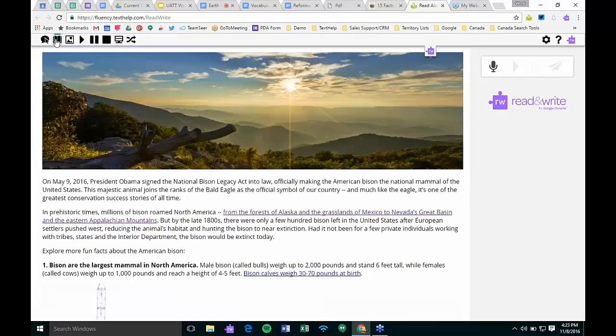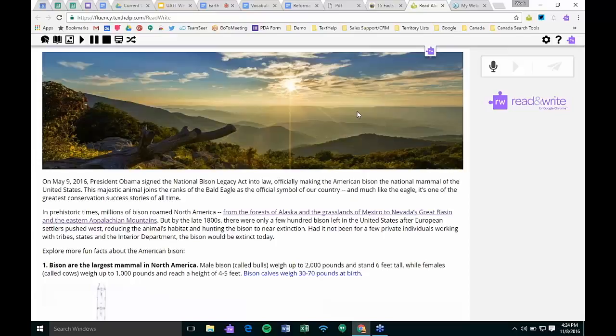And you'll notice here that we have a couple of the features available as well. We have the screen masking tool here. We also have the dictionaries and the text-to-speech. On May 9th, 2016. Now, we also have a tool that you may have heard of called Fluency Tutor. What the Practice Reading Aloud feature does is it gives you a base-level way to track reading comprehension. If you're looking for a more advanced way to score students